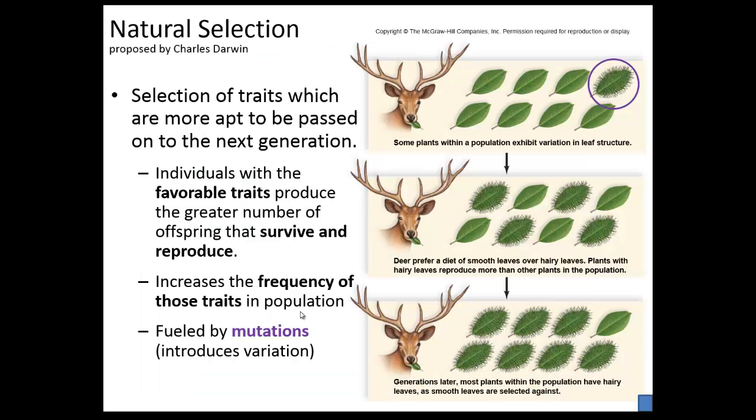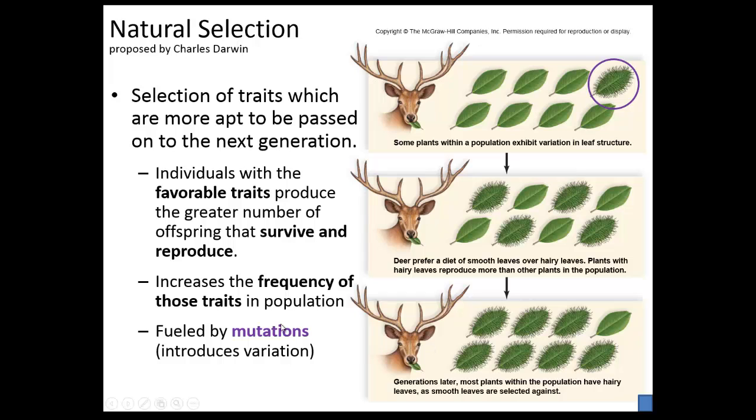So some concepts related to biology then are, one is the concept of natural selection. We know that organisms evolve over time and specific traits are selected for within the environment. For example, we know that a certain plant is preferred to be eaten by a deer, but the deer only prefer the plant that have the smooth leaves. So if over time a change in DNA, a mutation, causes that leaf to become hairy, the deer will avoid eating that leaf. And as a result, more of those leaves will be found in the environment because they're not getting eaten by the deer, and then they're able to reproduce, and we see a majority of those types of leaves then occurring in that plant.